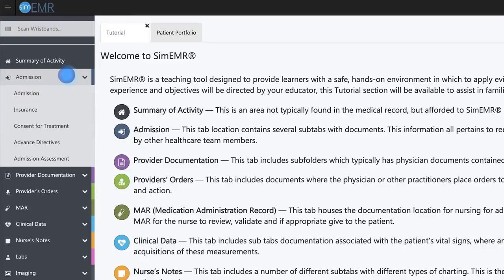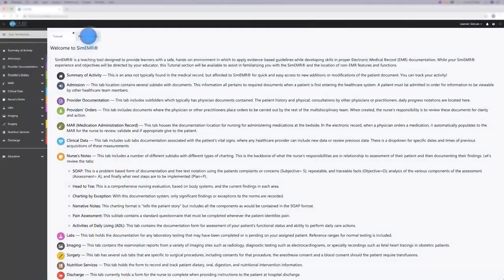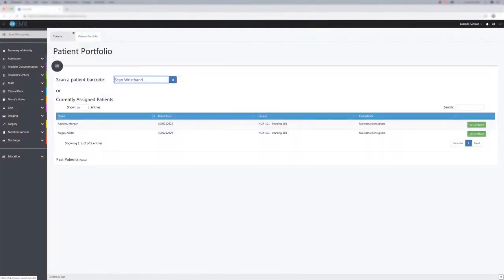Observe the navigation menu under the field and select any menu item to get acquainted with the forms they contain. The patient portfolio page includes any patient assigned by an instructor and houses past activities which remain visible to the user. Observe the Scan a Patient Barcode field, which will allow you to select appropriate patients once their barcode is